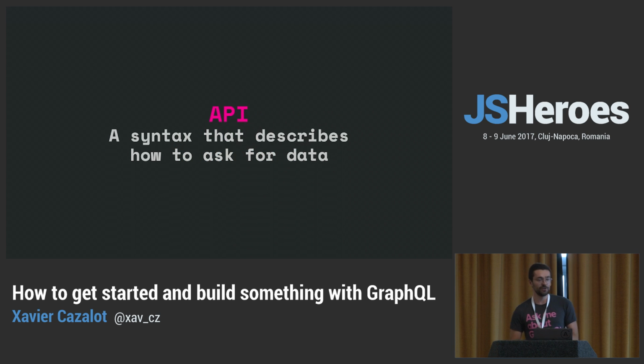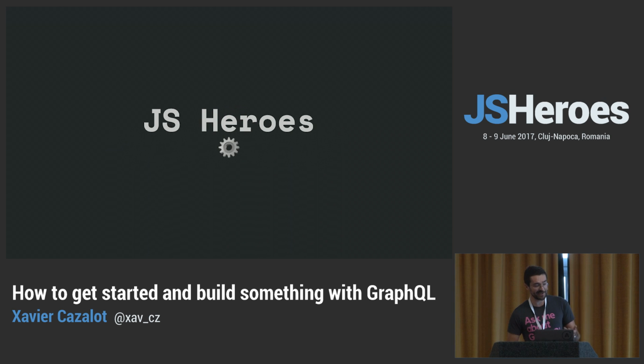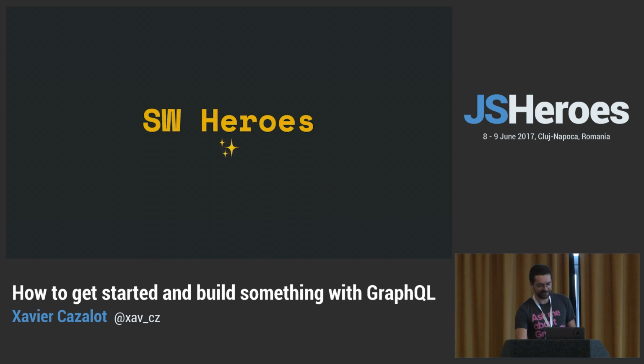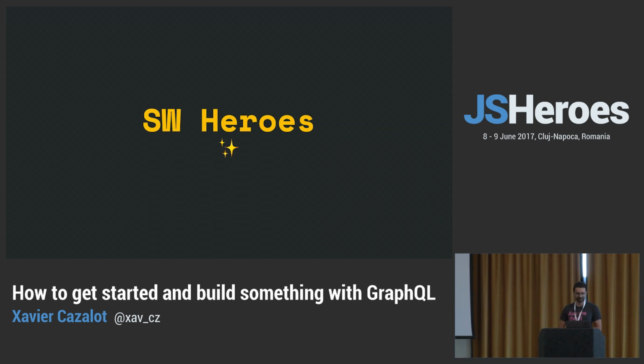What is GraphQL? GraphQL is about APIs. It's about data. GraphQL is a query language for your API. It gives you some really neat stuff to get data. When we think about getting data in an application, we usually think about REST, so I will compare the REST approach with the GraphQL approach to start. We are JSHeroes, and the JSHeroes API is a work in progress. Maybe next year we will have a GraphQL one or a REST one. But no bother, we'll go with the Star Wars API.